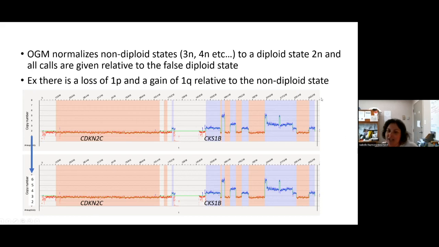So this is the main issue that we're facing with myeloma. It's been actually quite incredible, OGM with myeloma, in terms of everything that it can show us, everything that we can see, everything that we can learn in terms of the whole genome. But these non-diploid cases are definitely tricky. And I saw a question pop up in the little chat about, do you ever run de novo analysis? And so one of the things that we try to do with myeloma is to run some de novo analysis,